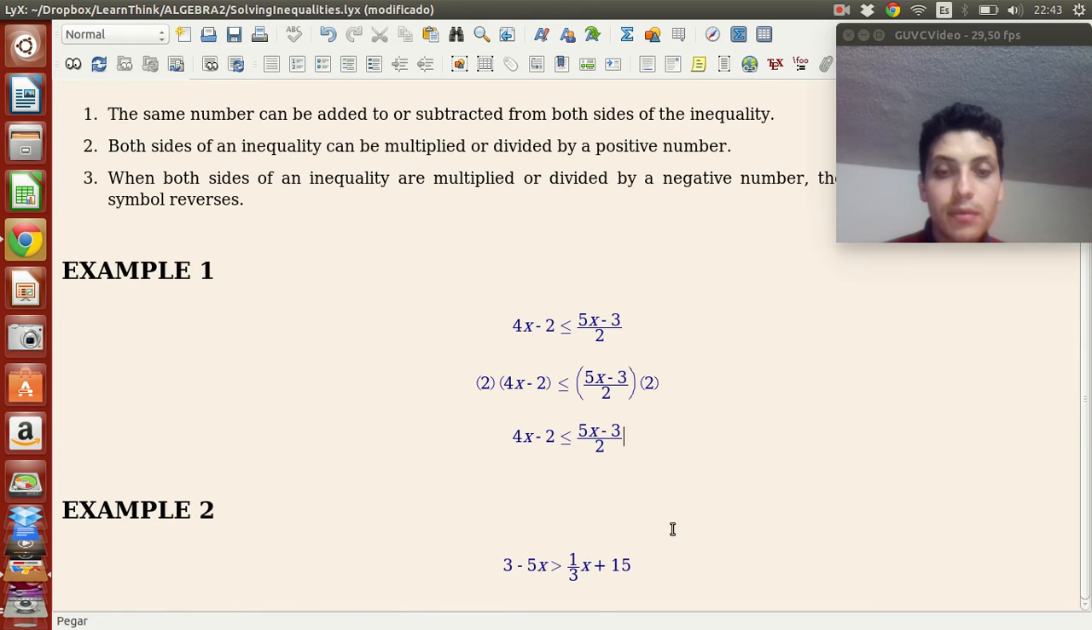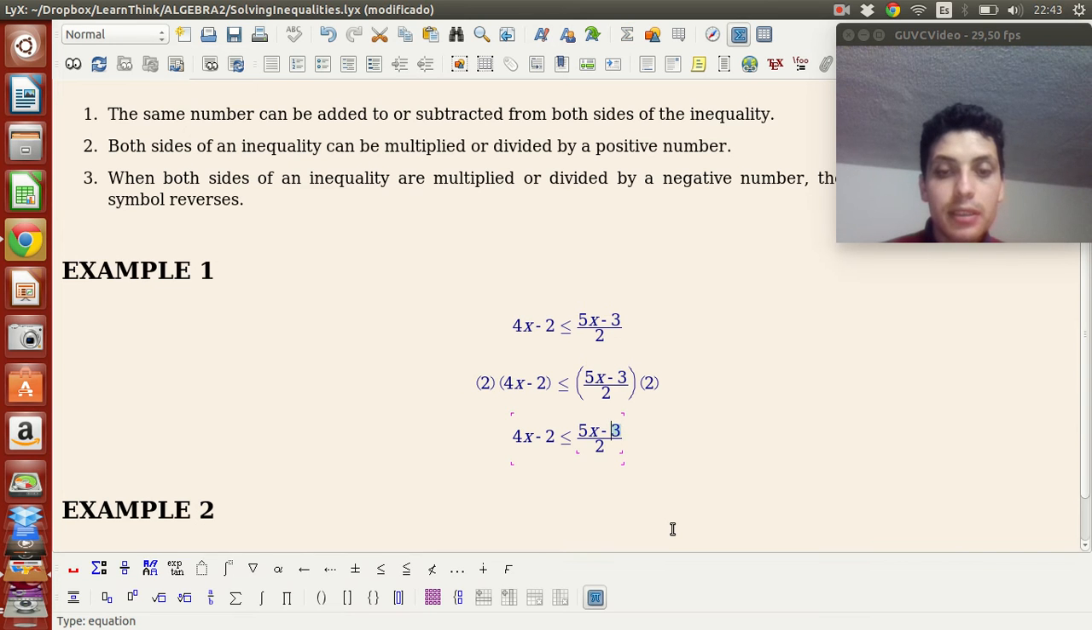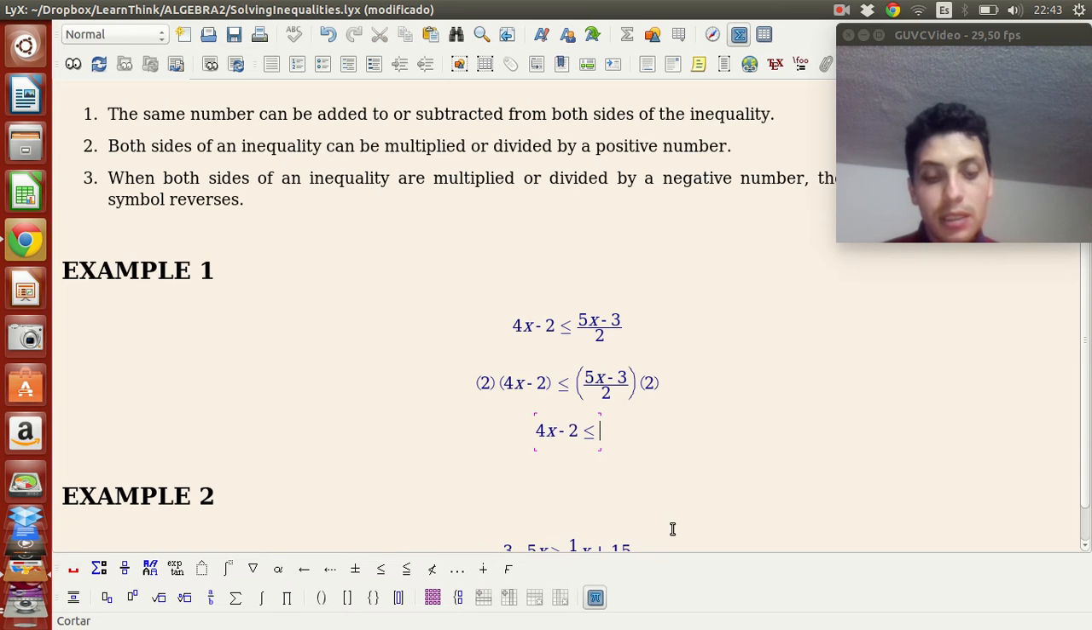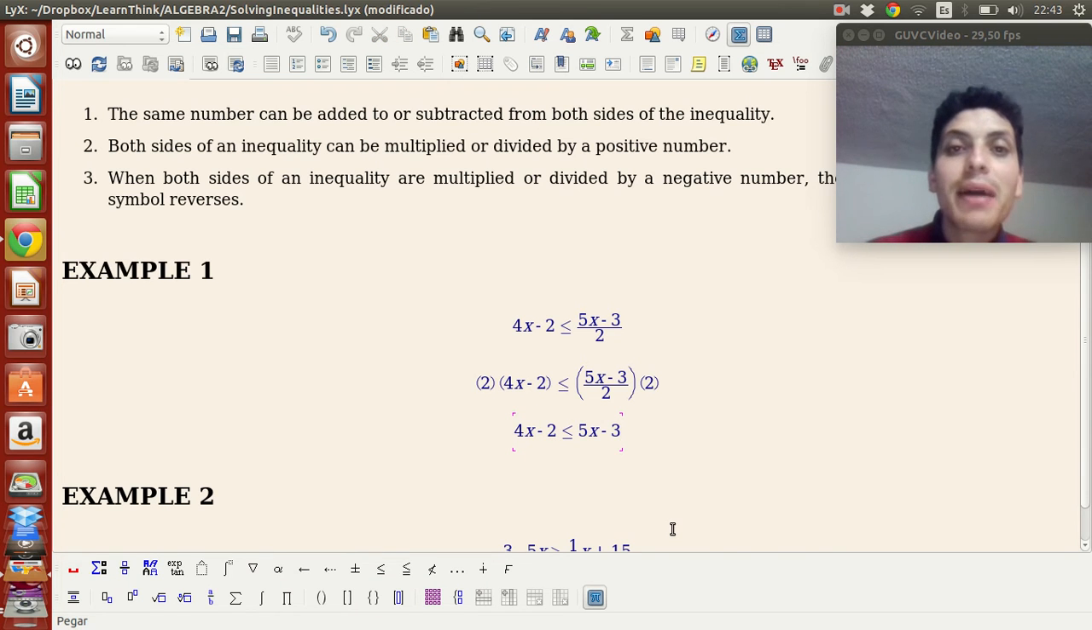So it means here that I'm going to have 5x minus 3. And if I apply the distributive property, 2 times 4x is 8x, 2 times minus 2 is minus 4. Now, I'm going to